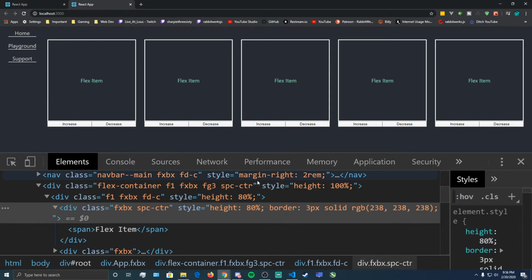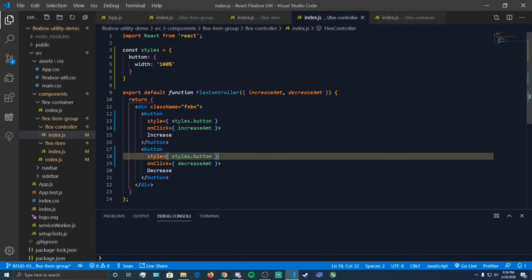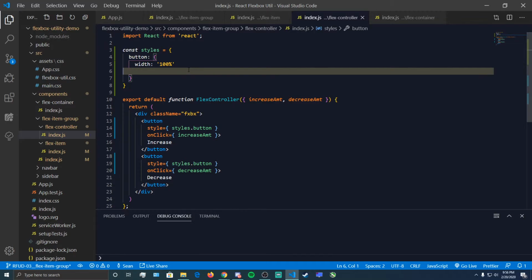Cool. So yeah, the buttons give you 100% width for the element now. I mean, I don't know if that looks decent or whatever, but who cares? Just demonstrating the point. Alright, so let's finish up this by just giving a bit of